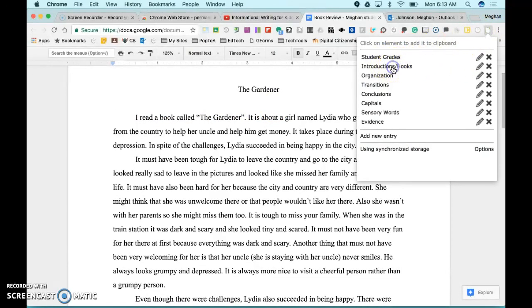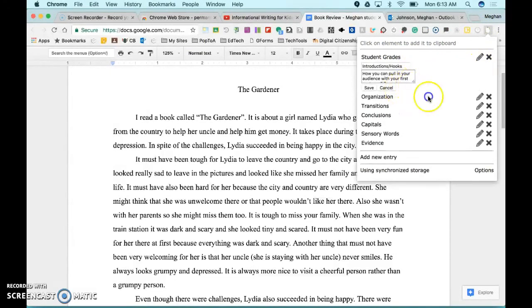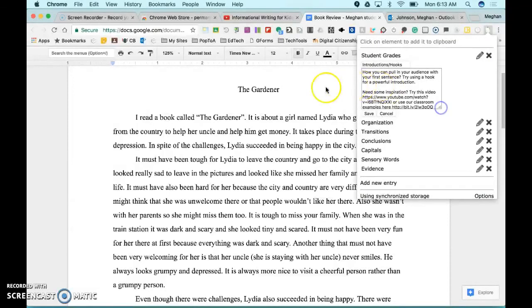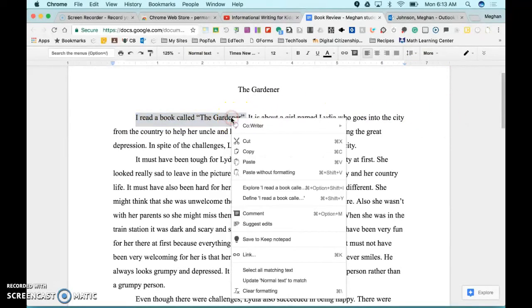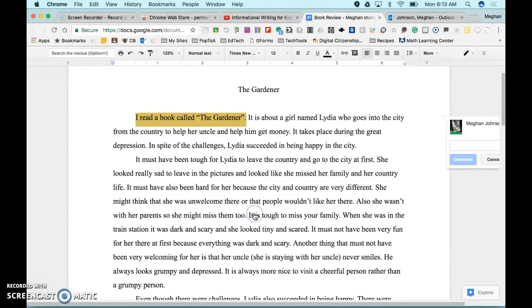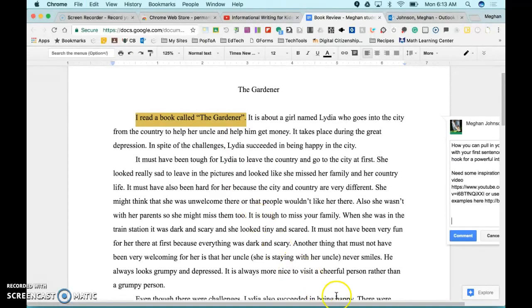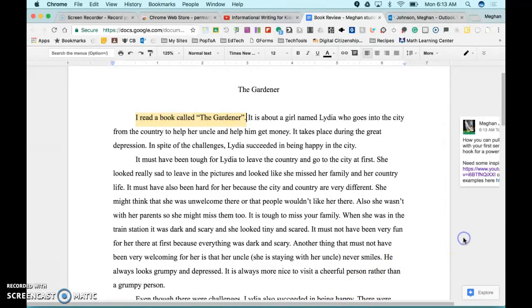I just click on the title. Now that information that I'd included here is all copied, all by just clicking on that title. Now I'm going to highlight the student work, and sometimes you'll have a comment box come up. Mine's not doing that right now, so I'm going to right click, comment, paste, so Control V, comment,